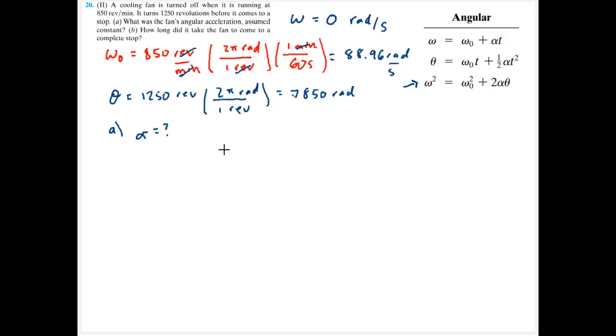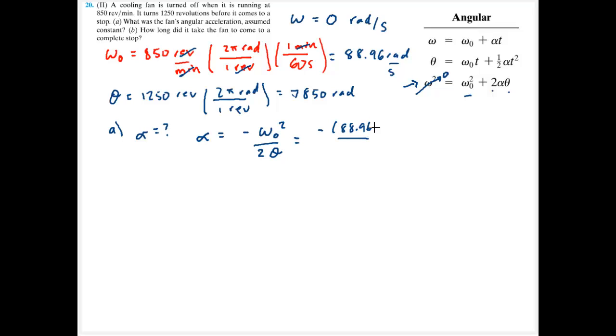Now for part A, I'm asked for what the angular acceleration is, and if I look at my equations of motion, this one right here looks like I know everything I need to know to solve for angular acceleration. I know that this guy is going to be 0. If I subtract omega naught from both sides and I divide by 2 and the angle that it covers, I'm left with the angular acceleration is going to be negative omega naught squared divided by 2 and the angle, and so that's going to be negative